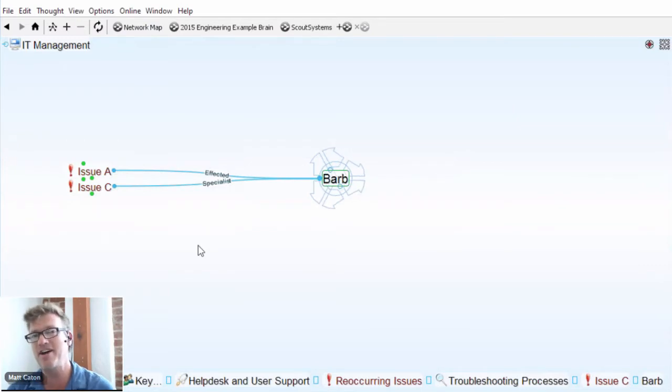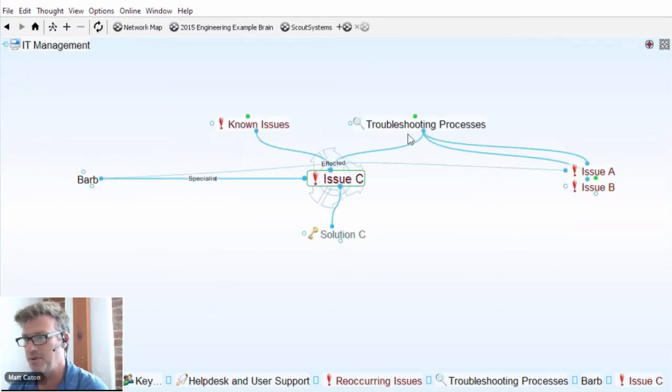So I'm actually identifying the relationship between thoughts. I just wanted to point that out really quickly. Not a lot of examples of link types and modified links in this particular brain. I'll be showing more tricks of the trade that you can do with link types in another demo in just a bit. Let's go ahead and add some more thoughts to see how we can really flush out a particular